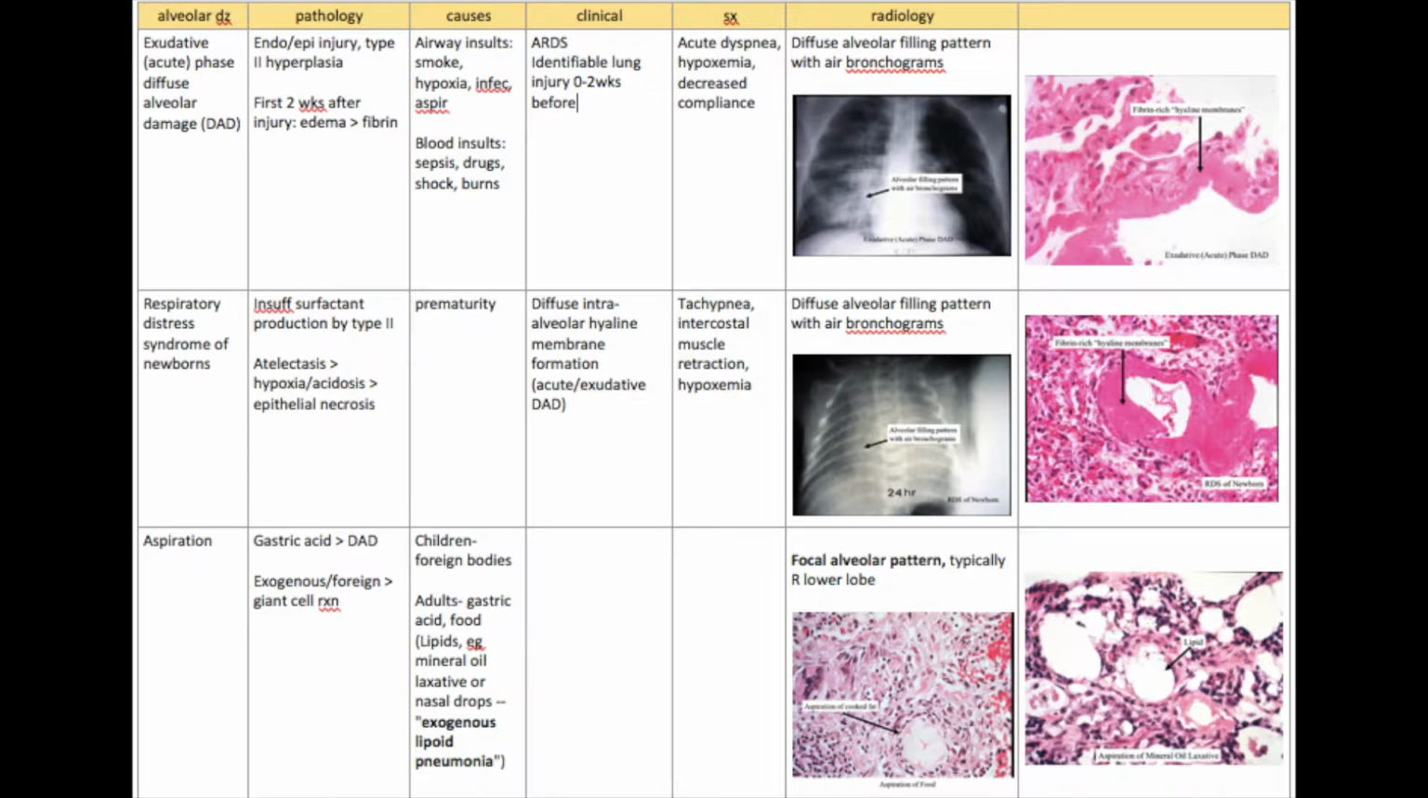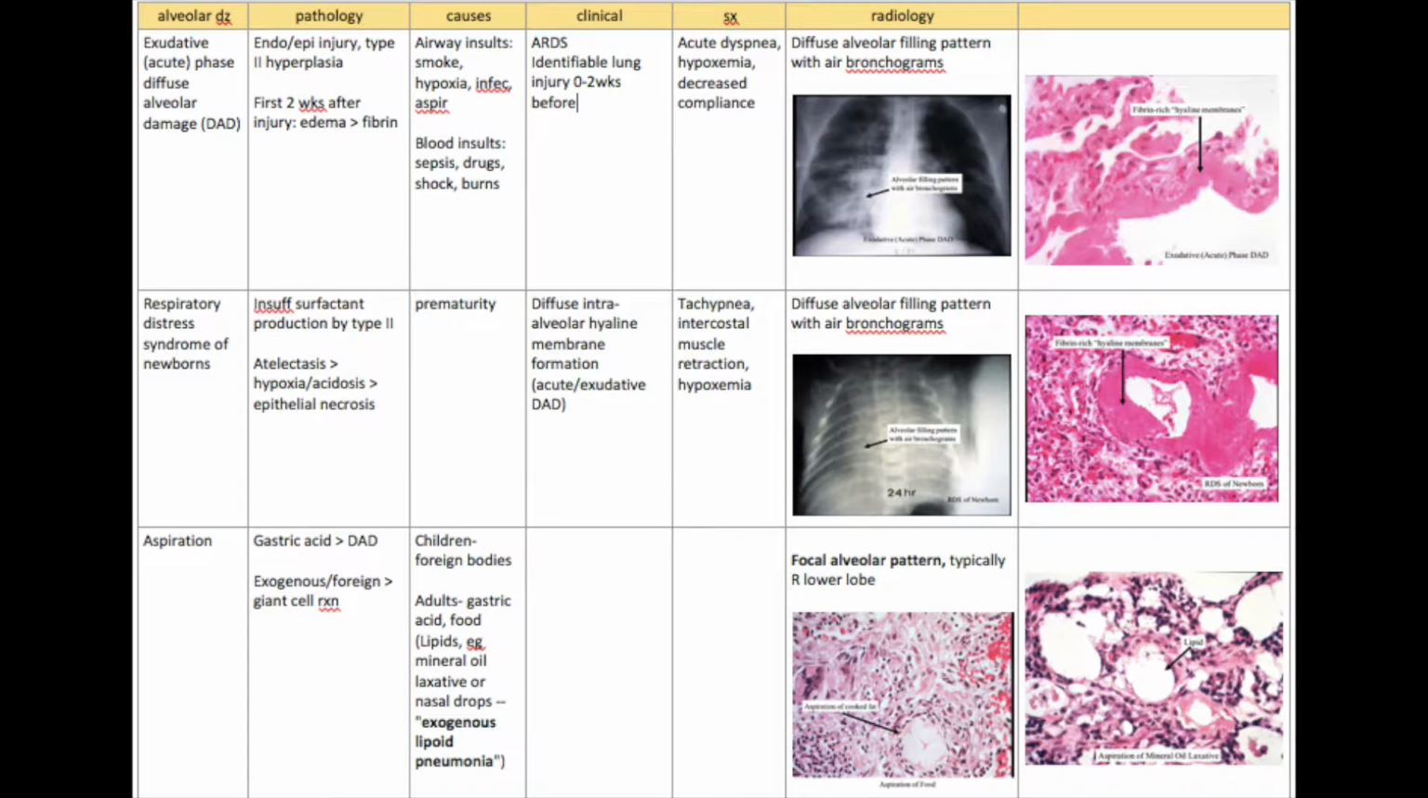by type 2 pneumocytes. And as a result, if you don't have enough surfactant produced, then you're going to see atelectasis. The alveoli are going to collapse. Atelectasis is just alveoli collapsing. And they're collapsing because they don't have the surfactant to keep the surface tension low, right? And if the alveoli are collapsing, then you have hypoxia, you have acidosis. You can't have air exchange because the alveoli are just collapsed, and the newborns are having to work extra hard